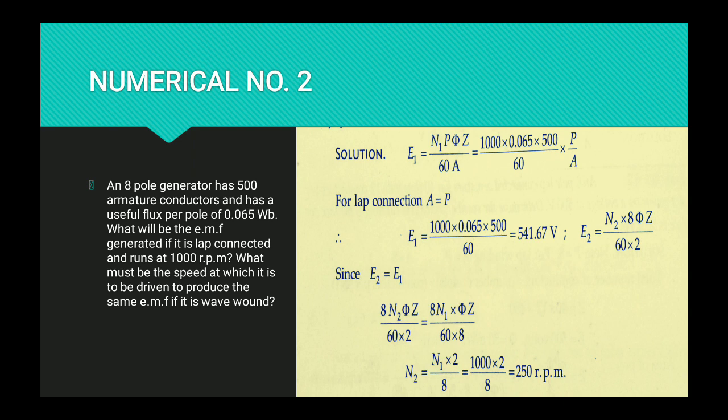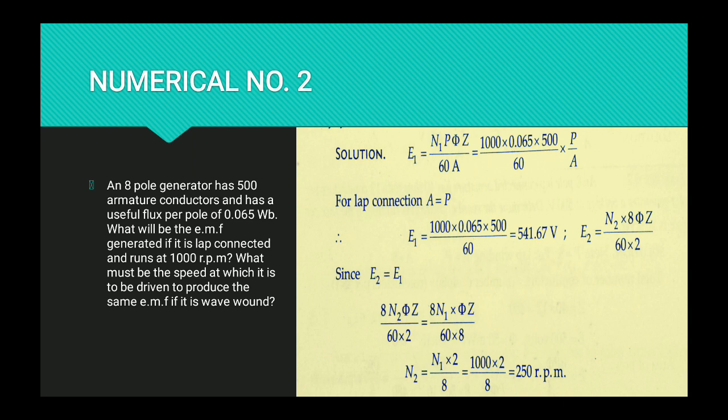So that equals 1000 into 0.065 into 500 by 60 into P by A, that is 1. So E1 equals 541.67 volt. And according to the problem, we know that in the second case, or in case of wave connection, the EMF is